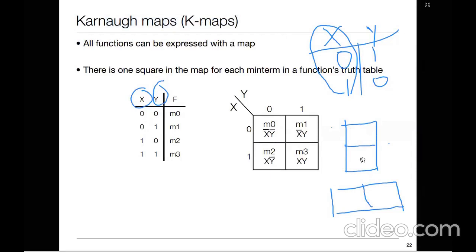Inside this K-map, inside this box, you are going to fill the output. Now suppose for the NOT gate, this is 0 over here and this is 1 because X can take two values 0 and 1.